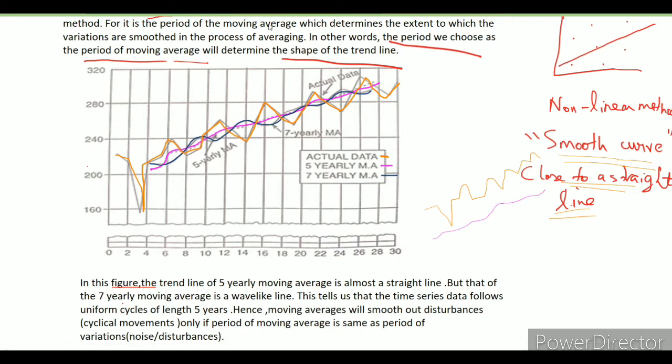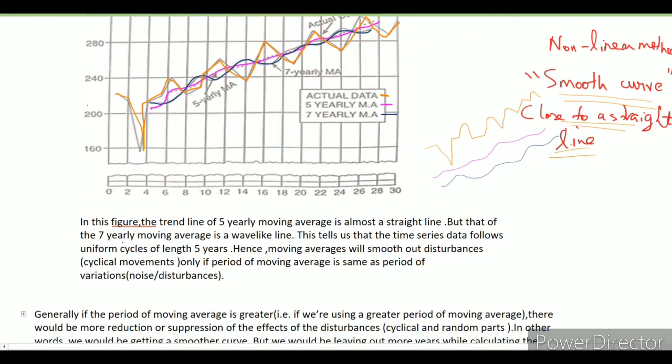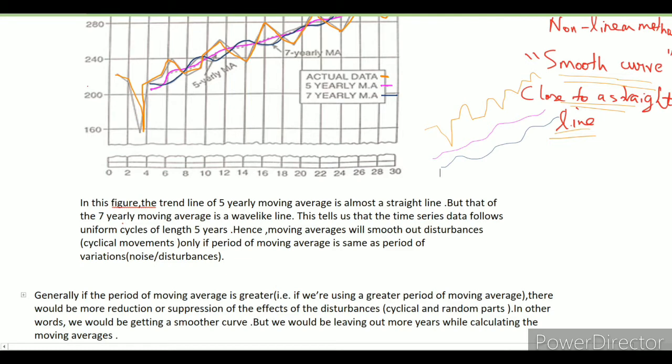Whereas the 7-year moving average looks something like this. So by looking at this diagram, we can say that if you want to get a smooth curve or a smooth trend, we should choose a 5-year moving average for this data, or fit a 5-year moving average for this data. So, and this 5-year moving average, okay, it has a meaning, it has significance, okay, because if you remember,